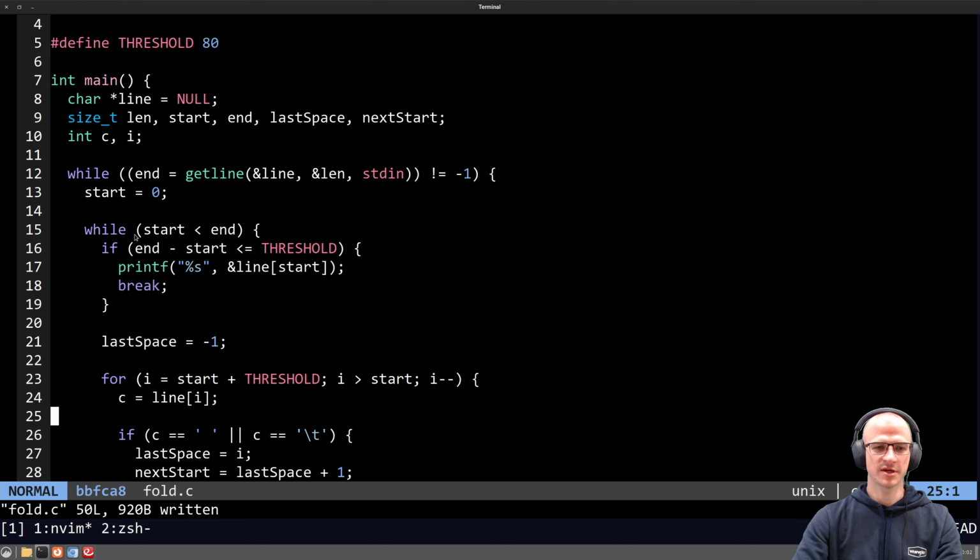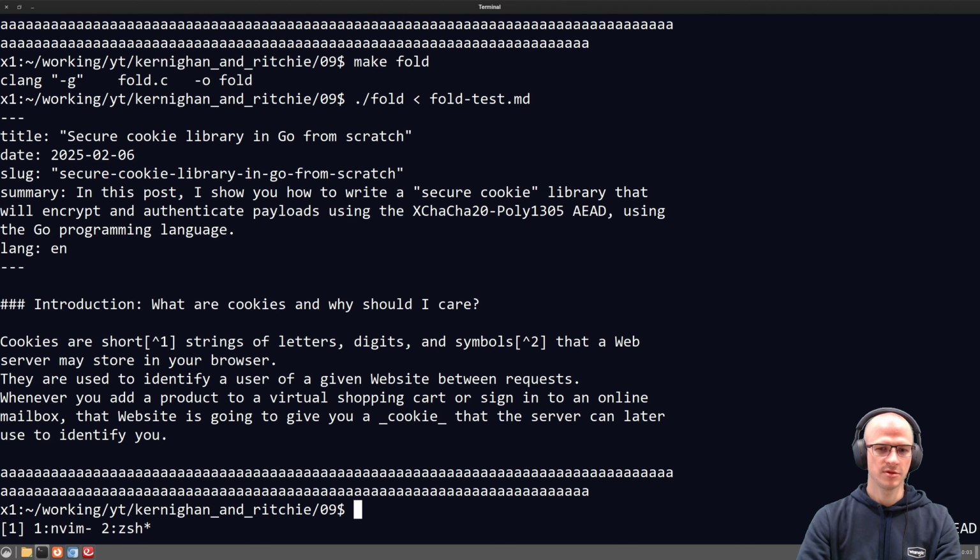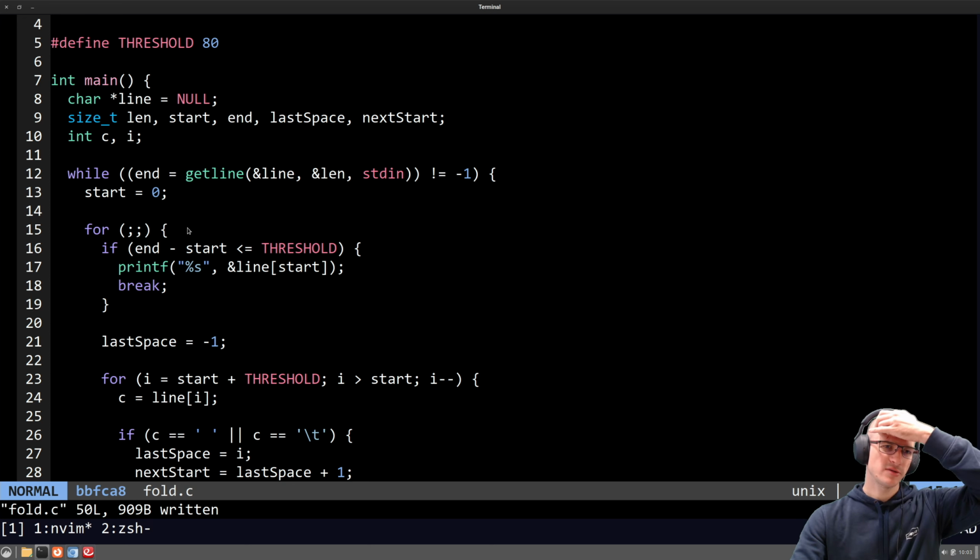So for example, if we for some reason decided to add like 80 to the start, and the line was only 70 characters long, then it would be, yeah, actually this could probably also work with while true, while one, okay, or this could be a for, an empty for, right? It would still work. So this condition doesn't really matter. We can basically just loop,